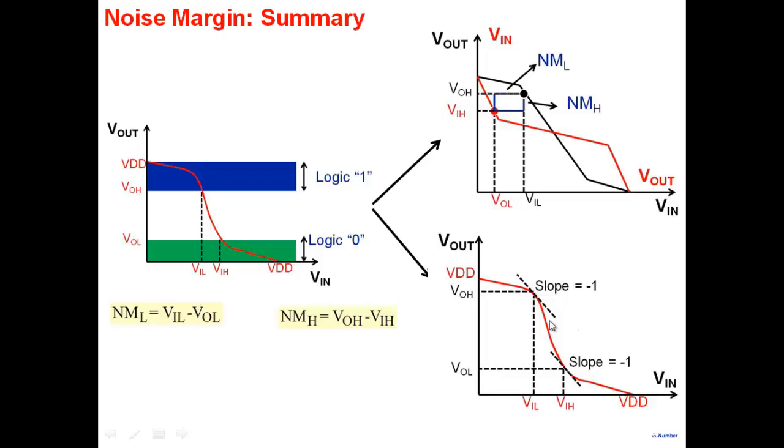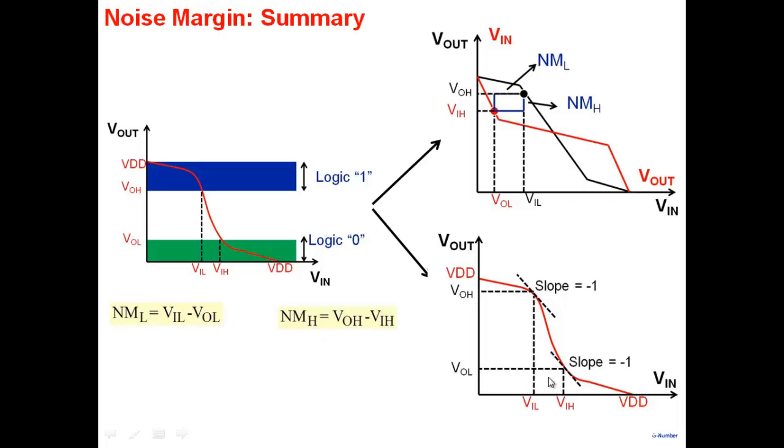But I can always draw a graph on which there is no unique -1 slope point here. And therefore, these definitions in that sense will fail. So the most general one is here. The most general method is, according to this, all that you try to do is fit this particular square here. But as I said, it's not convenient, and we try and use this particular technique to define our noise margins